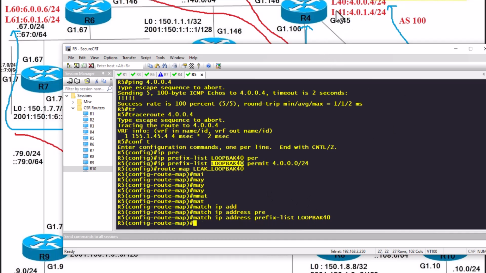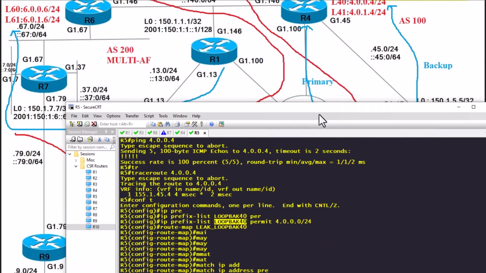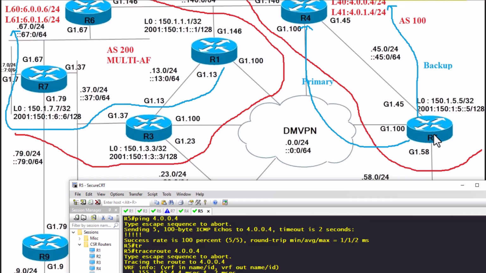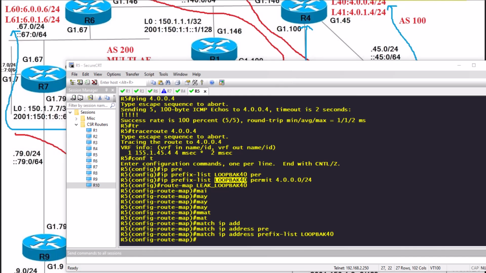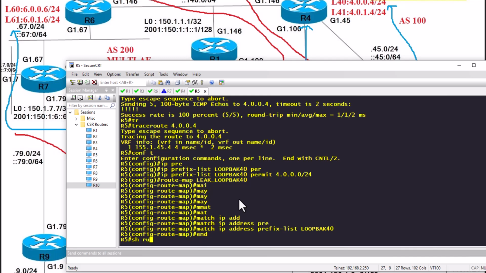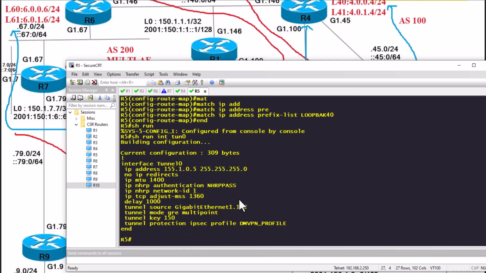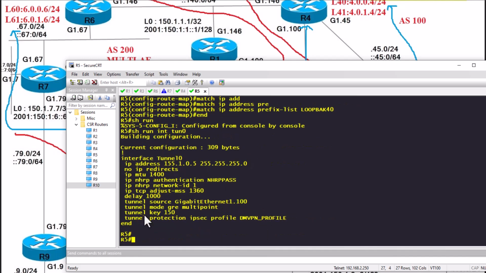Okay, now I want to advertise loopback 40 out the DMVPN tunnel. So when R5 wants to route the packet to loopback 40 of R4, it looks at the longer match, and the longer match is from the DMVPN tunnel. So instead of sending it from the directly connected link, it sends it through the DMVPN tunnel. So in order to do that, right now, if I go show run int tunnel 0, so you can see that right now,